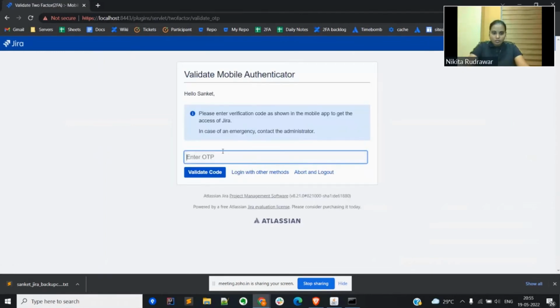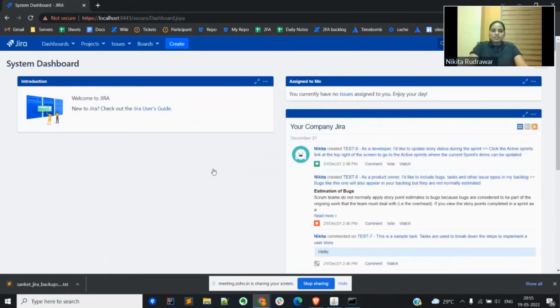Yeah. So on the second login, Sanket will have to enter OTP. So if the mobile phone is not accessible, as I mentioned previously, he can log in with other methods, which was backup codes in our case. So I'll just enter the OTP. Yeah, as you can see, Sanket was successfully logged in